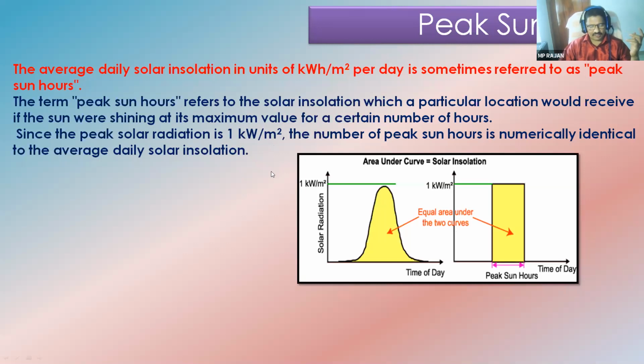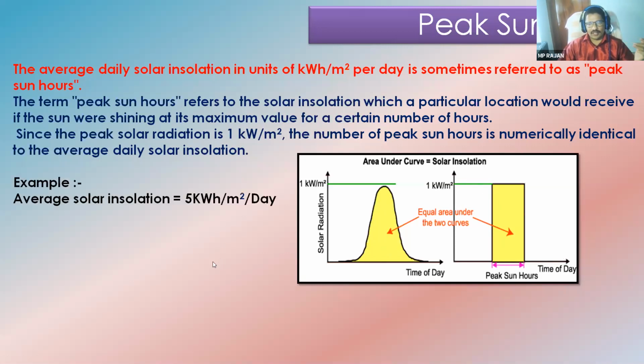The solar panels are tested by considering the radiation of 1 kilowatt per meter square, temperature 25 degrees Celsius, and air mass 1.5, as we already discussed. But this 1 kilowatt per meter square we are not getting always. A mathematical equivalent diagram you can see here on the right side. Suppose you consider only 1 kilowatt per meter square, now the time is to be reduced from 24 hours to this much time. So this area is equal to this area.